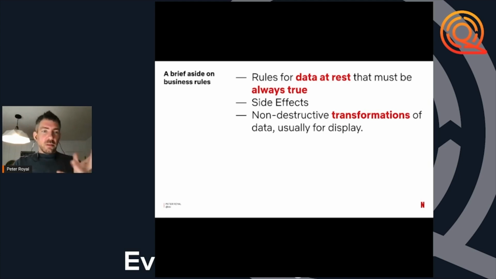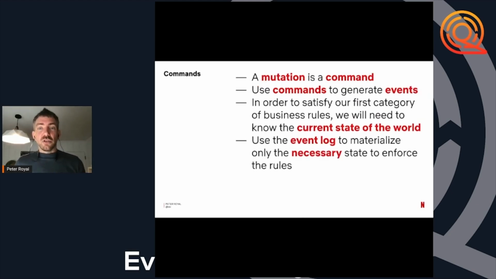So in a domain-driven sense, this might be combining different aggregates inside of a view, where each one of those aggregates is its own little domain. And again, while we are generating new data, the transformation is non-destructive, and the history of how we arrived at the value is stored by both the input values to the transformation and the transformation code itself. So as long as you have all of those data points, you're able to reconstruct what had actually occurred.